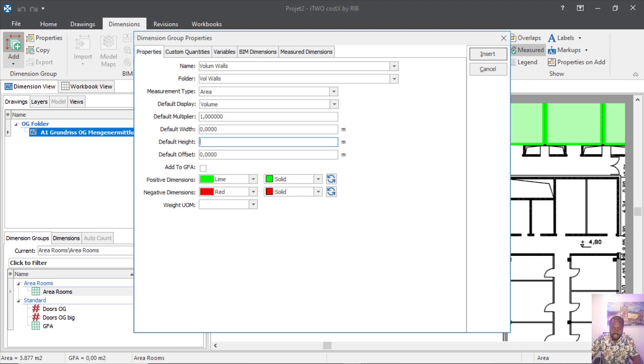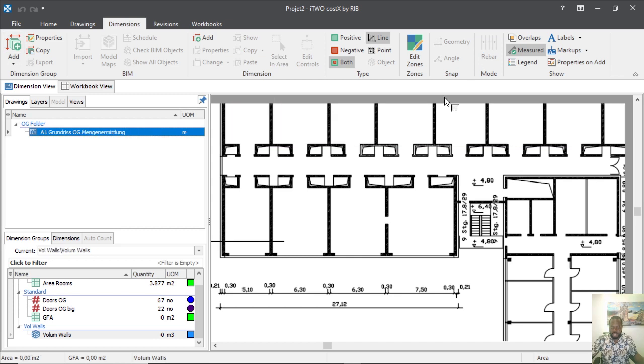So we can say let us use 2.7, and when you finish we can also check the color and choose the appropriate color we like, and then when we finish it you can just press insert,